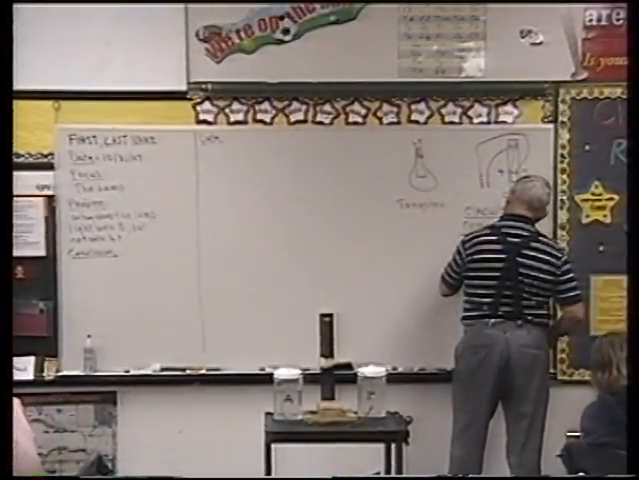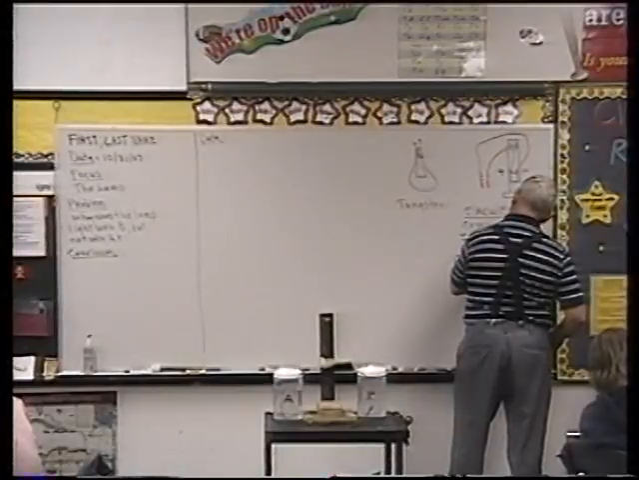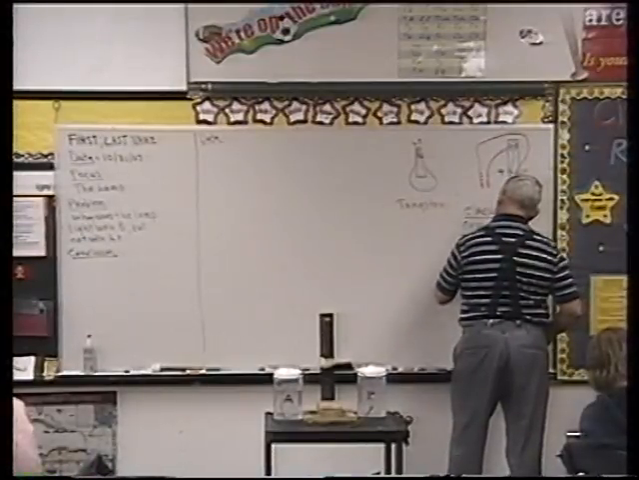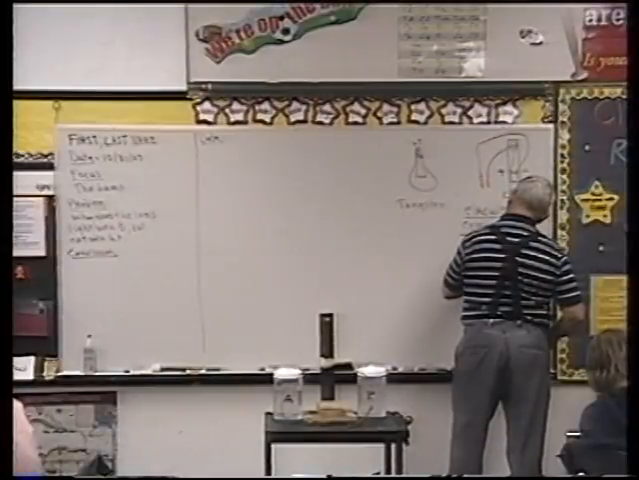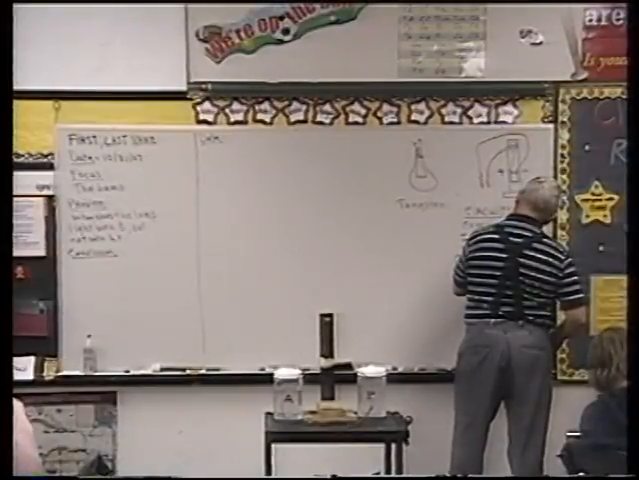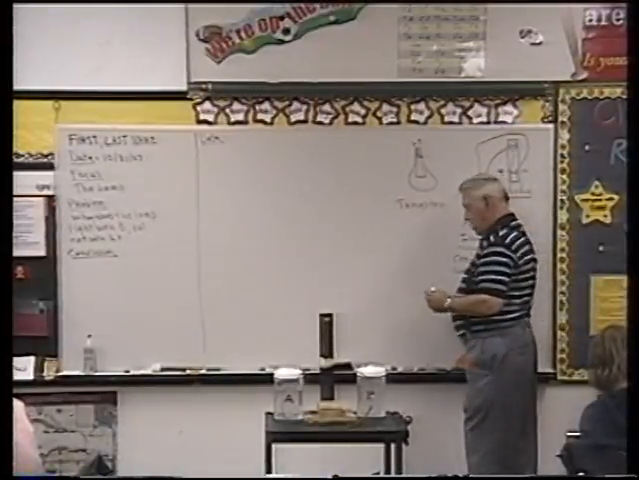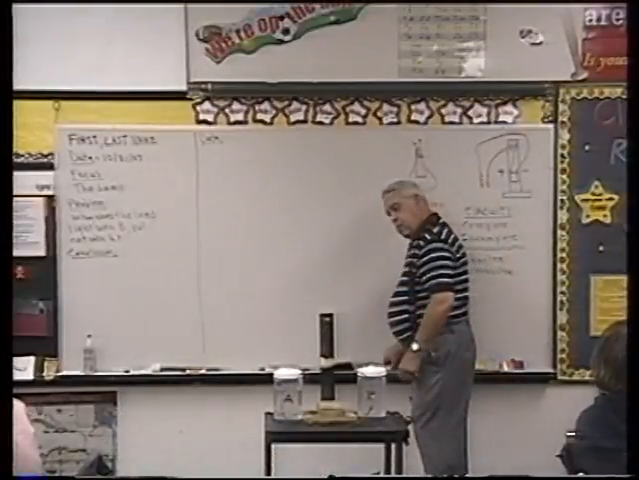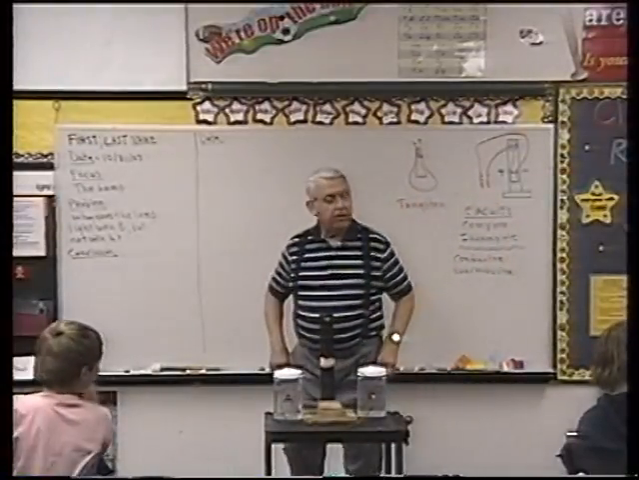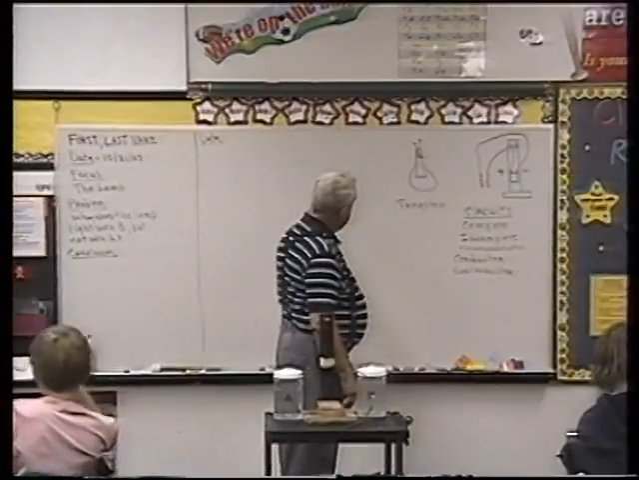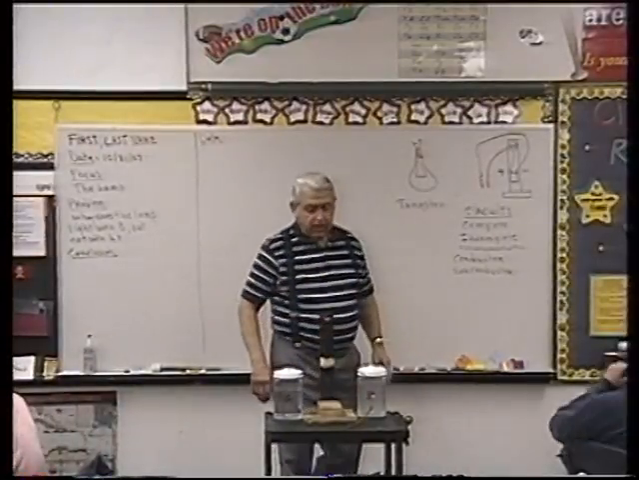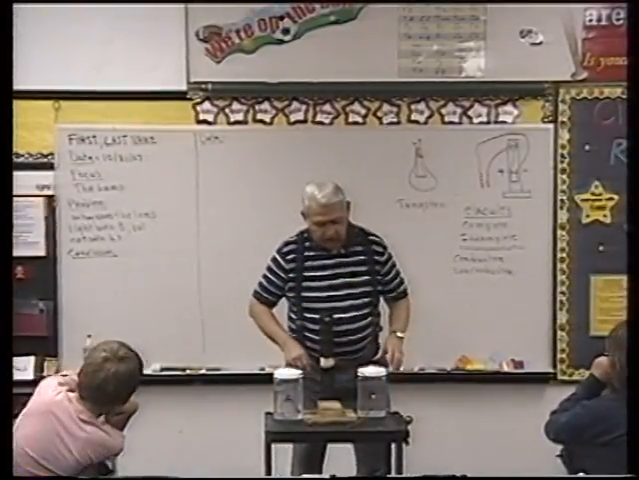Conductor. That allows electricity to pass through. Non-conductor. Doesn't allow electricity to pass through. Okay, so now that you understand that a conductor will let the electricity pass from one coil to the other,